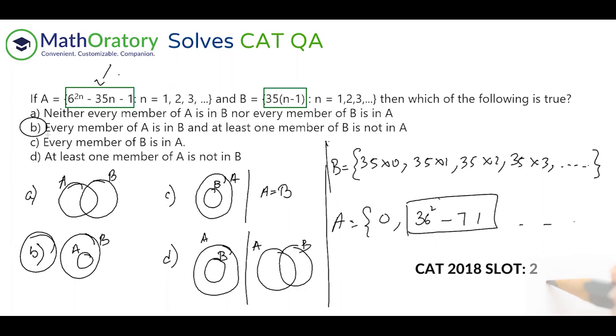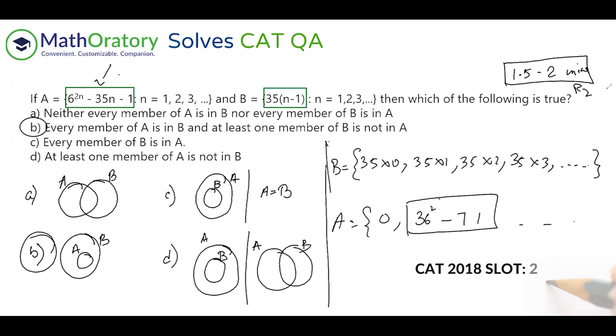This is a very nice question. Combination of set theory with numbers. So that's it for this question. I'll just give you a bit of analysis here. I would say this would take some time depending on your understanding of remainders and set theory. So I would say somewhere in the range of 1.5 to 2 minutes should be an ideal time to solve this. Definitely a round 2 question.